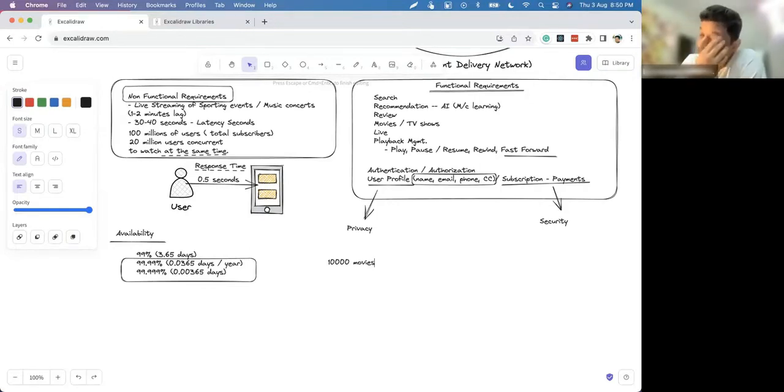So storage could not be the issue, because in 1 terabyte you can store maybe 1,000 movies, since 1 GB is what you will need. Even to store 4K, maybe you need 10 GB. So 100 movies you can store in 12,000 rupees.